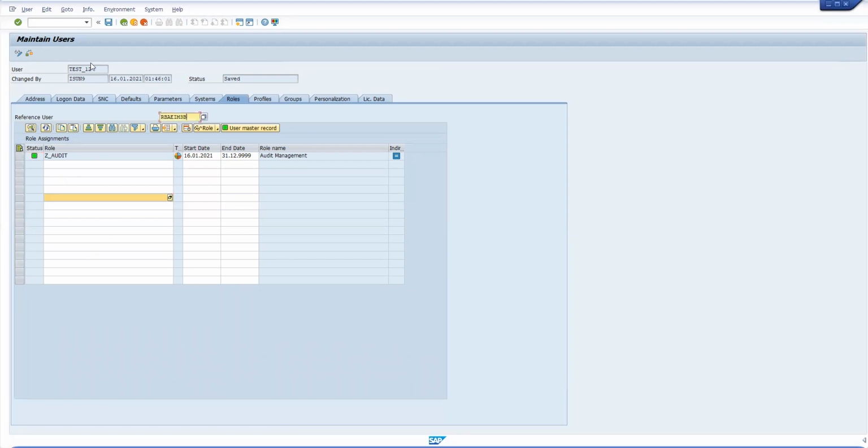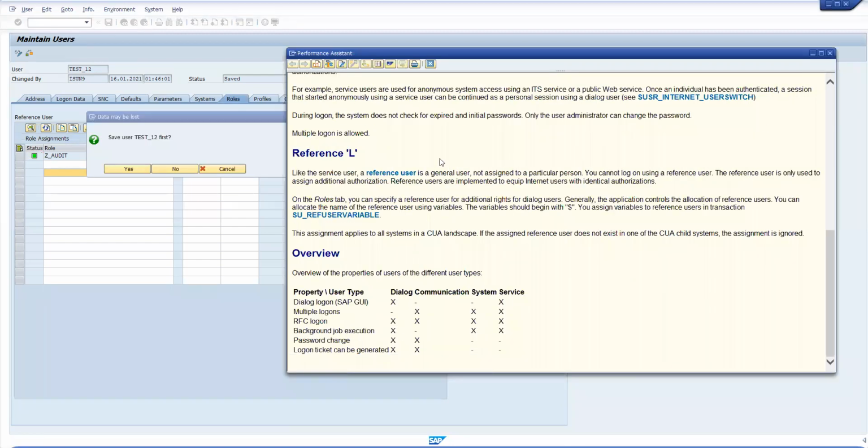to this particular user. So the user will have access to the particular role that we have assigned in the roles tab. Along with this, the user will also get access to whatever this reference ID has. So if this ID has 10 roles, the user ID will get indirect access to use those 10 roles. So that is the concept of reference ID. So back to the documentation, that is all about reference ID.